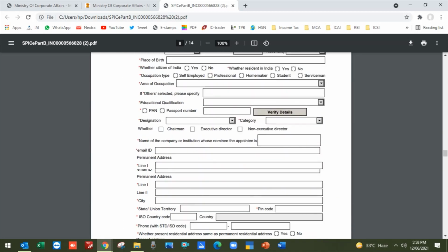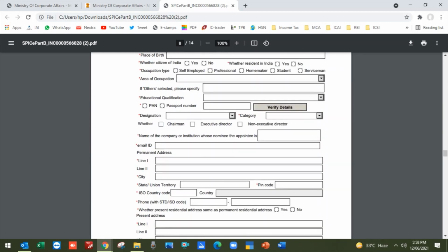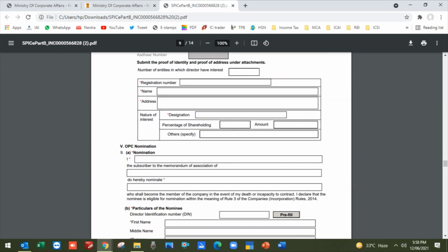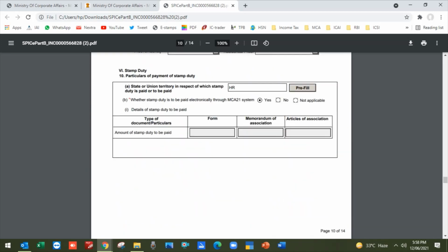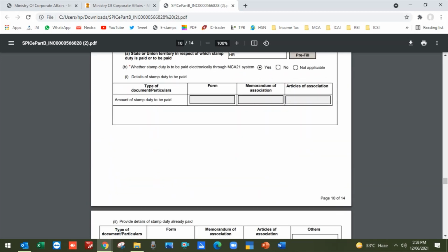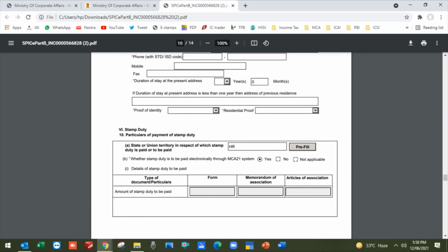Then go next. This form will be submitted online, so it is just a PDF form. I give you one example here. After completing this, the most important part is the section for the stamp duty payment. As we have not paid anything till now, we have to choose yes, stamp duty is applicable, and we will pay it electronically.